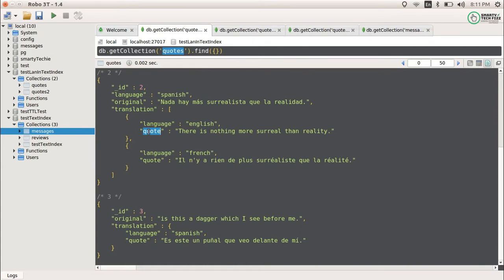Firstly, we will provide a default language for this. How we will provide the default language for the specified document, we will see later. Then the other way is you can provide the language in the specified document itself. How can you provide it? You can provide it using the language keyword. This is the keyword we will use to make the text index understand that it is in the English language or the French language.